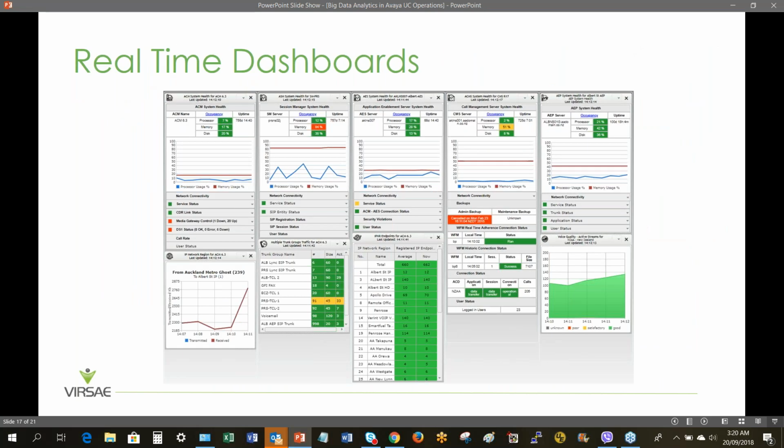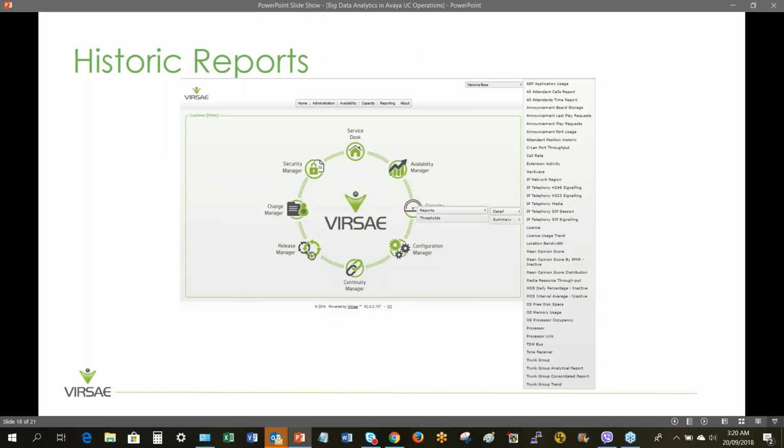Our dashboards look like this, although they're currently going through a cosmetic revamp and being changed a little. But there's a series of real-time dashboards that let you know what's going on in these environments in real time. So as that big data is streaming through, that's presented onto screens for human consumption, as you can see there. So everything that can be measured in an Avaya environment is measured and presented there in real time. And also